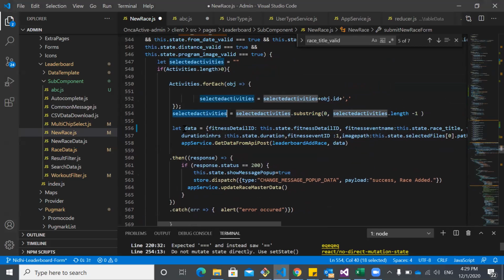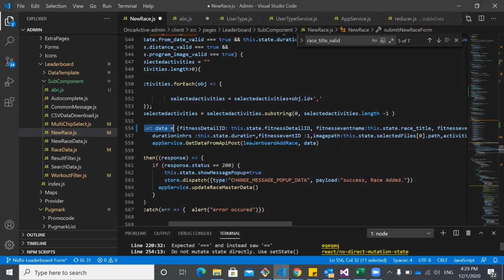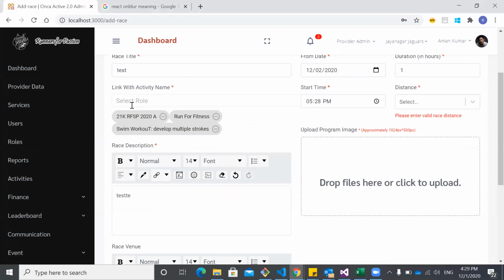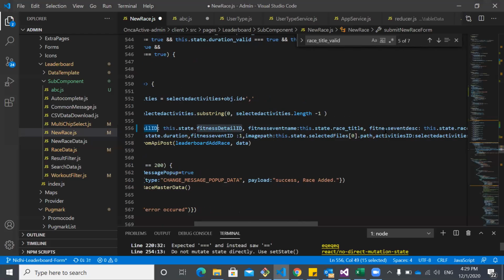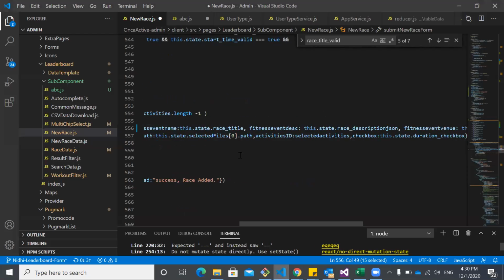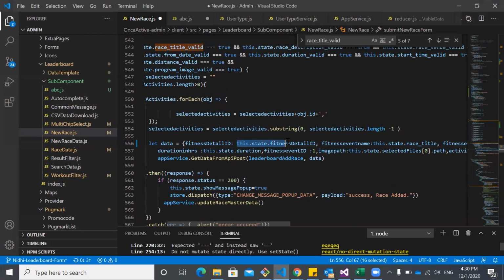Now our entire data is in a particular state variable. We have to pass that data to our backend. So I'm calling let data as a... in that we are setting fitness title ID, fitness event name. After that, fitness event description, fitness respect, update, all the variables we are declaring over here. Then we have to set particular values in fitness title ID, fitness event name. Here I'm calling the state of fitness ID